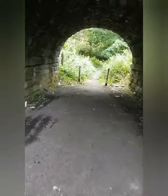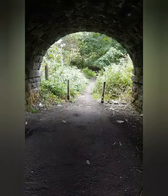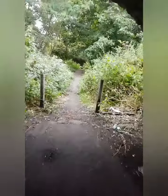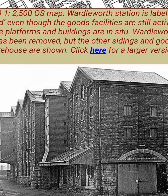So this is obviously where the trains would have passed after the Wardleworth station, and it would have come through here, as I just mentioned before. So let's go down this pathway, see if we can find what's left of Wardleworth station. So this picture represents Wardleworth Station back in the day, and this was a goods station yard where trains would drop off the freight, and then either, I don't know actually what they did because I'm not an expert or anything, but the energy is still here. So what I'm after is anything that looks like